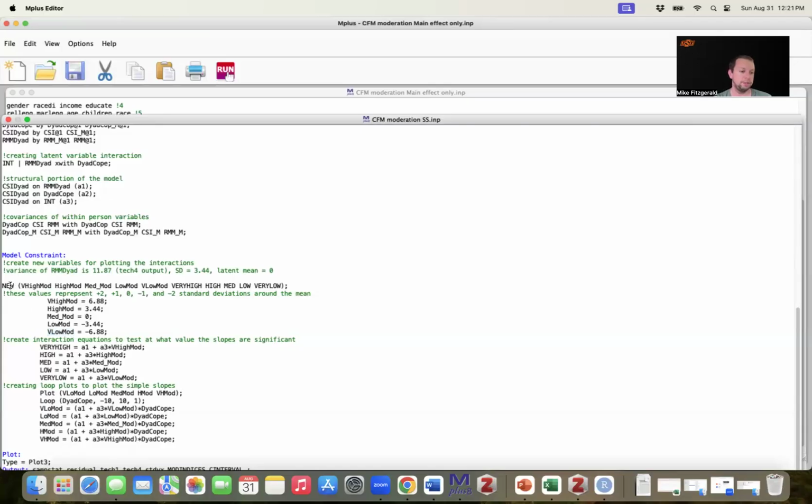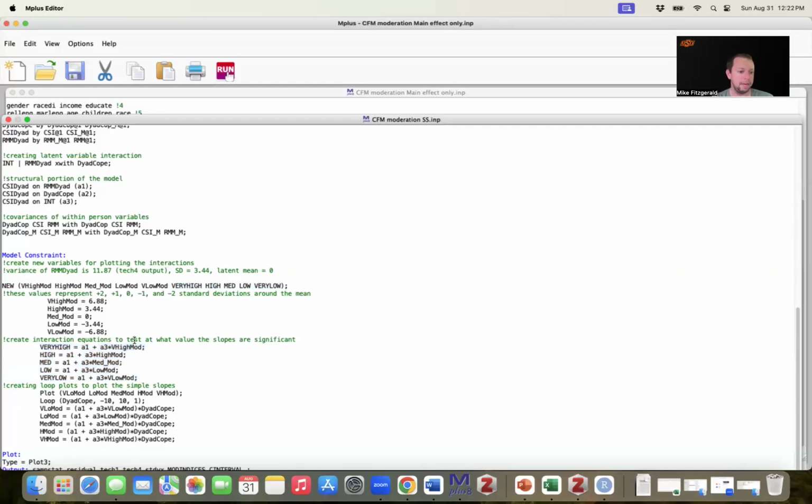And so we use the new command, and then the parentheses include the new variables that we are creating. So you'll notice these labels that I've highlighted are identical to these labels right here. All right. And so it's just me telling Mplus for this variable, I am assigning this value, for this variable, this value, and so on. And then we'll see we do that again down here when we're creating the actual simple slopes